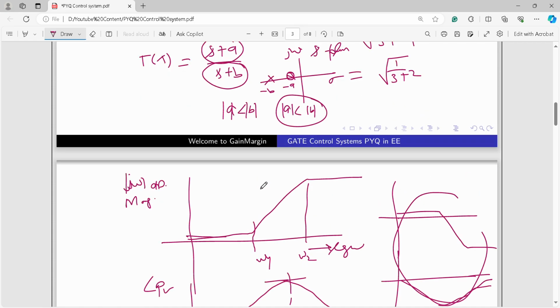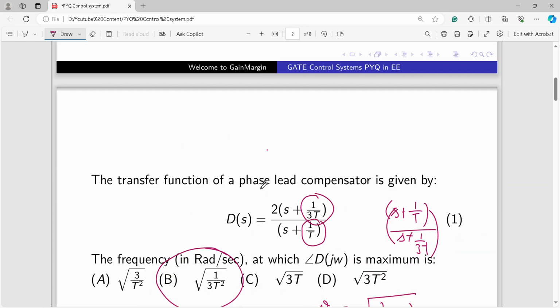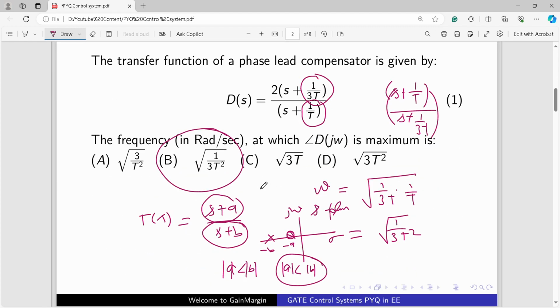So here we have understood how we can find out the frequency and what our maximum angle is. The maximum angle is 30 degree for this. Okay, so all right,